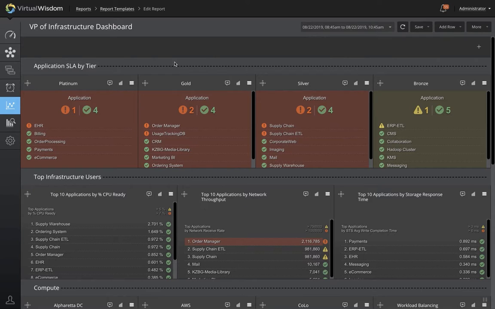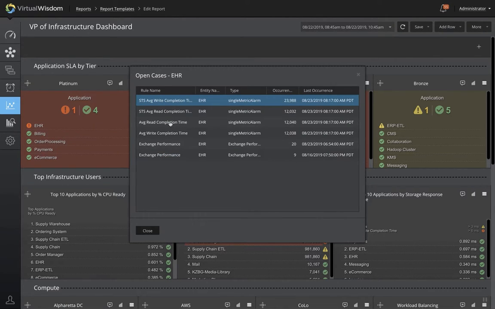Along the top row of the dashboard, we can see our application health, green, yellow, red, and the level of criticality or tier the application is to the business. Platinum applications are the most critical, and the Electronic Health Records application, EHR, is in an unhealthy state. From the dashboard, we can drill in and see what type of impact the application is experiencing, which in this